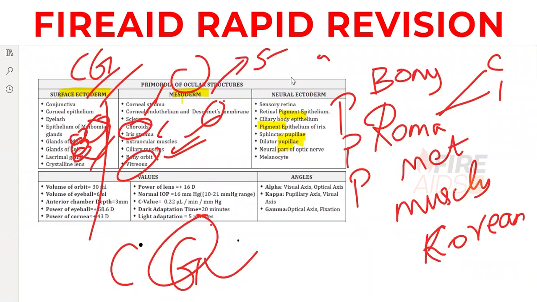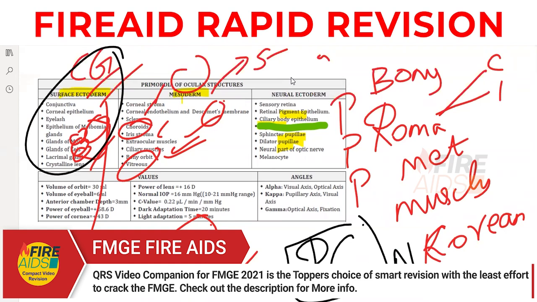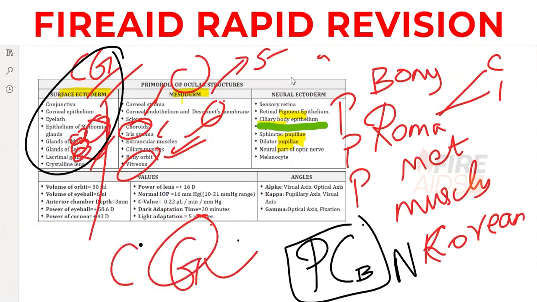Along with that, only one part you are going to remember, that is ciliary body epithelium. So PPP, ciliary body. So you are going to remember PCB, P ciliary body. P for all this pigment and pupillae, and CB means ciliary body epithelium. That is for neuroectoderm. Is that clear? I repeat, surface ectoderm means C and G. G is for glands and C is for conjunctiva, corneal epithelium and